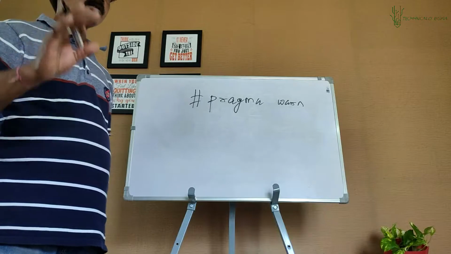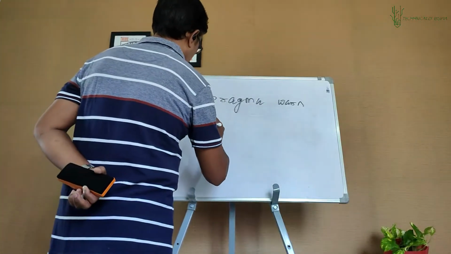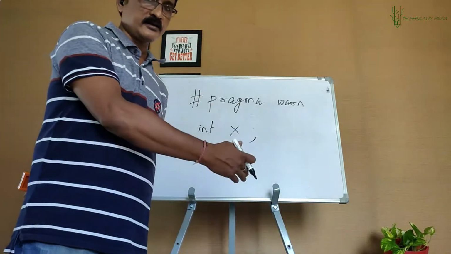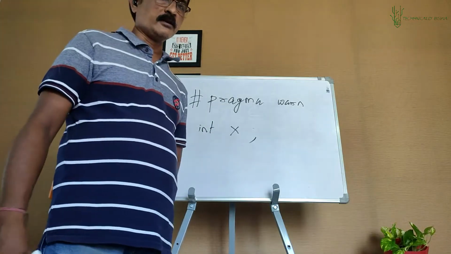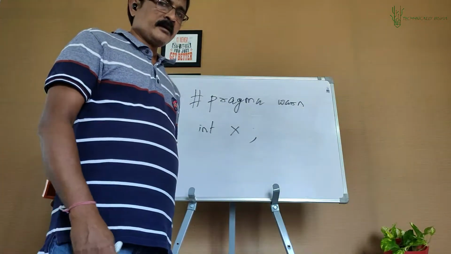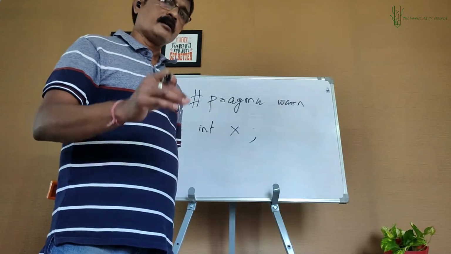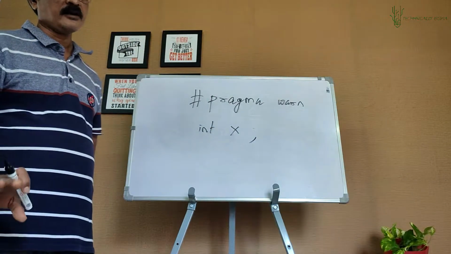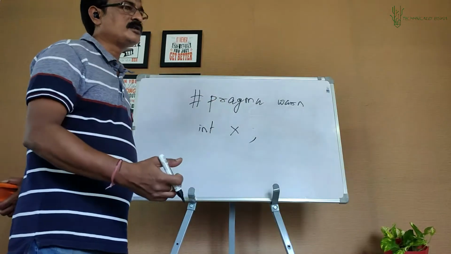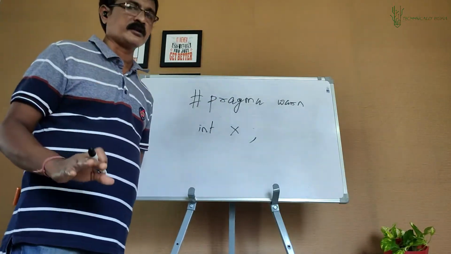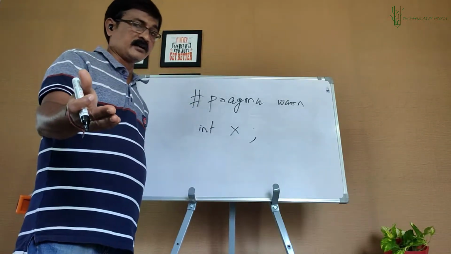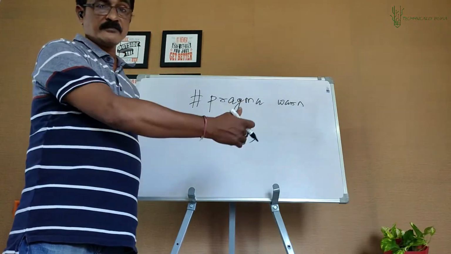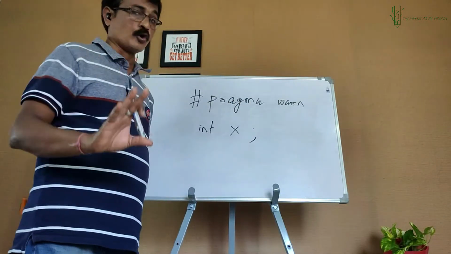Sometimes suppose, I'll give you a simple example. I have got a variable in a program, integer x, and I don't use it. It is defined inside the program, but I don't use the variable. What happens there? When you compile, you will find in most of the compilers it will give a warning saying x is never used. Clear? Similarly, some part of the code can never be executed. That is called unreachable code. You must have encountered that at places. Again, when you compile, it gives a warning saying unreachable code.